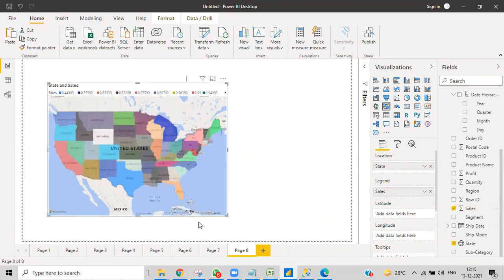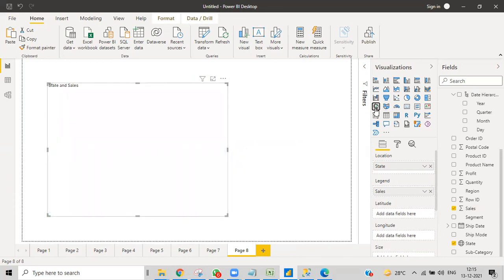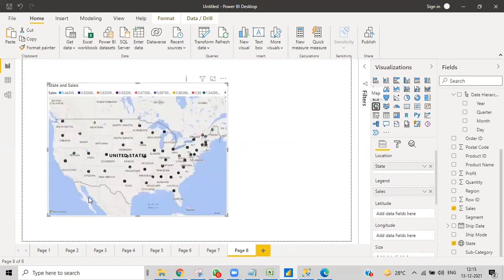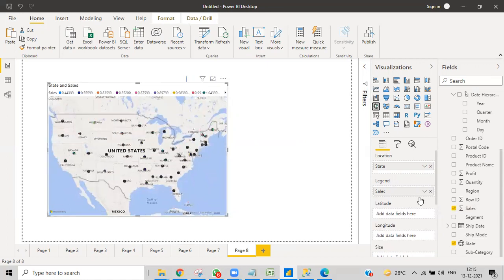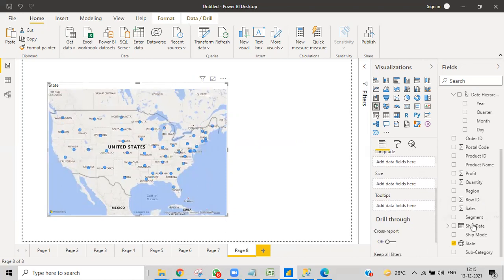You can see, as per this, they've shown which color corresponds to whatever the sales amount has been, so according to that it has been given. There are different things that we can show, not only this one, a lot of things.